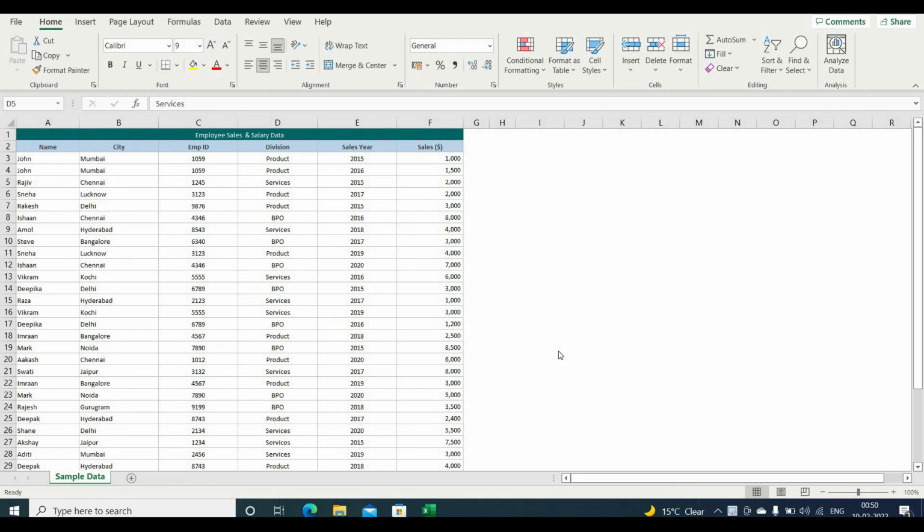Hi everyone. So in this video, I'm going to explain another interesting function of Excel, that is pivot table. Now, if you are in a job or in a business where you have to analyze lots of information on a day-to-day basis, then this is the tool for you. Pivot table basically summarizes the raw information available in some other table into a much more meaningful form, which you can use for your purpose to analyze that information